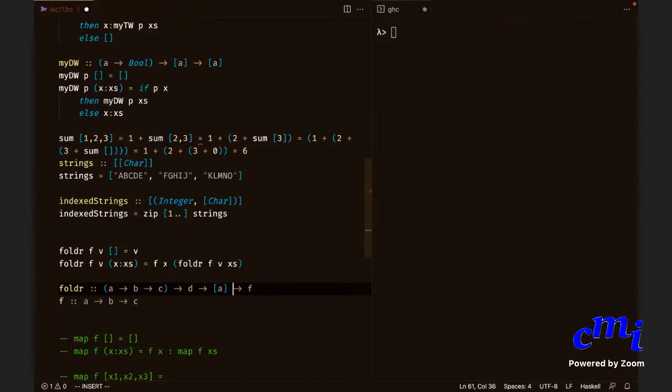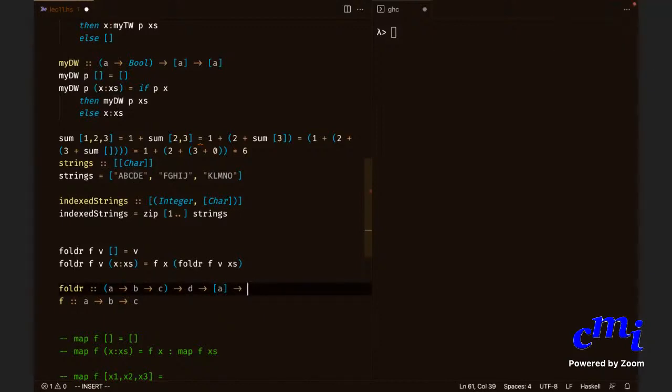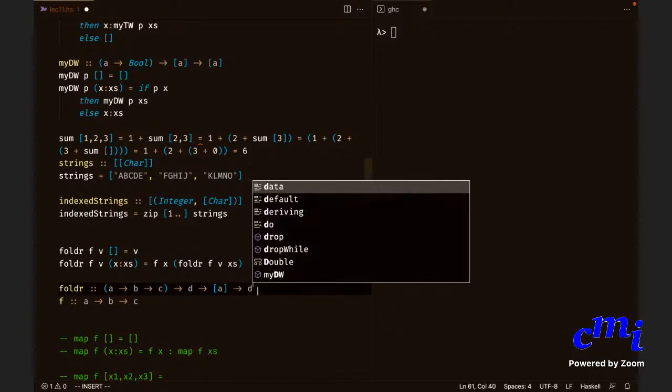Secondly, the return value of foldr is of type f, we said, but the return value of foldr is v in the case when the list is empty. And we said that the initial value is also of type d. So what can we write then? Therefore, the return value of foldr in one case at least is v, whose type is d, as it is given here. So what can you say about f then? So f is equal to d. Can you say that? Yeah, f is equal to d. Yes, we can do this.